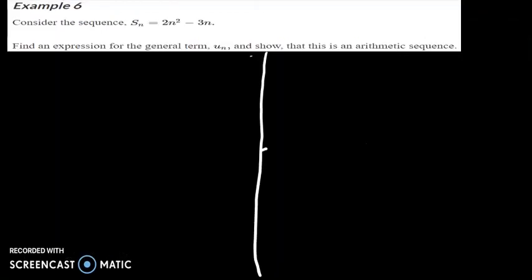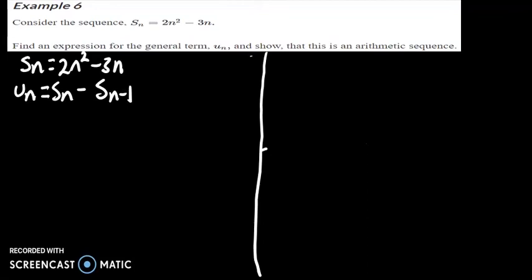Moving on to our last example, we have considered the sequence Sn is equal to 2n squared minus 3n. Find an expression for the general term and show that this is an arithmetic sequence. So the way we can do this is by using this formula, Sn minus Sn minus 1. So un is equal to